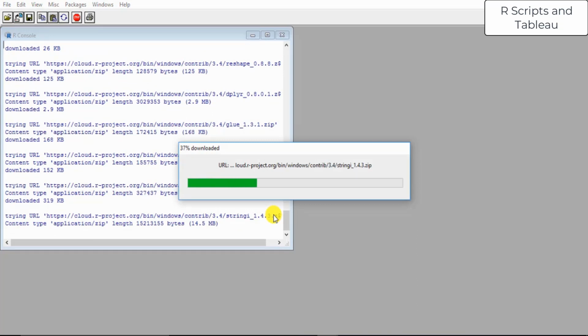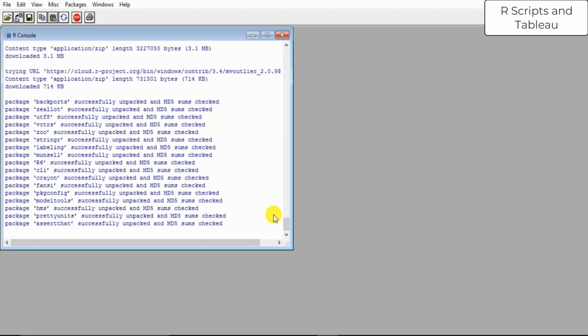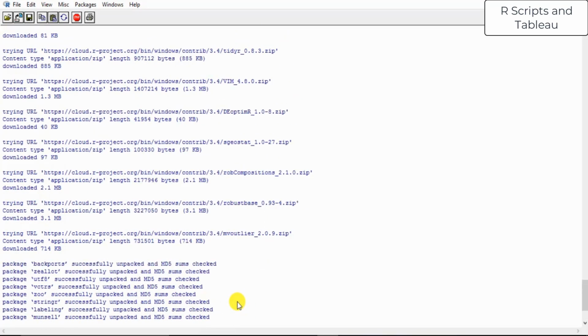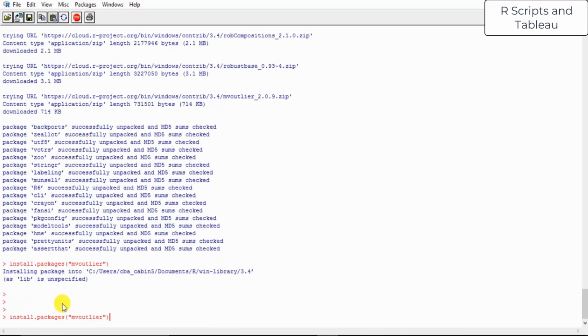So that's the reason it's taking so much time. So all the dependent libraries again got loaded in the same way, right? Once this is done, we just need to call library